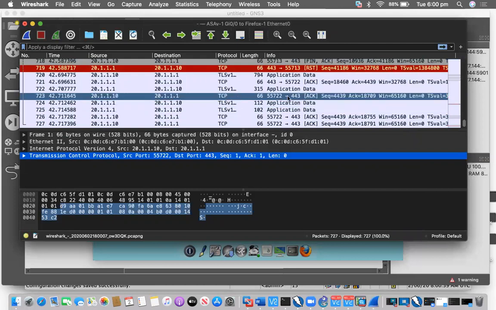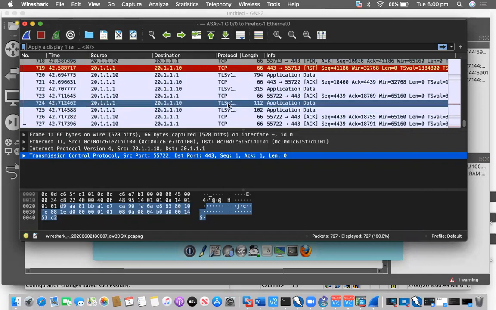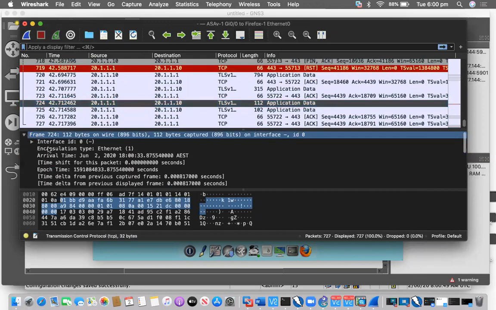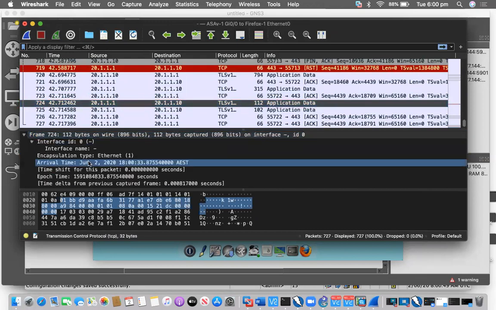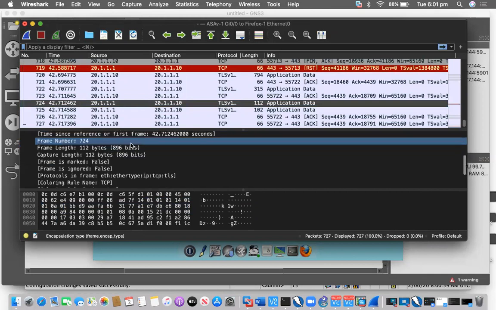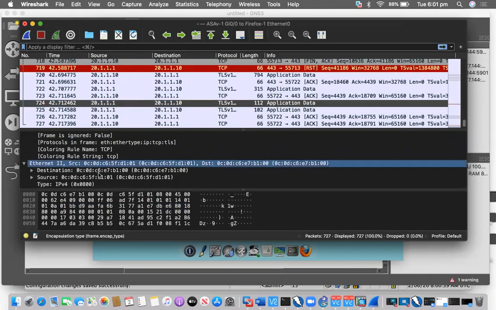Now here you can see that the traffic is not only TCP. TCP is only there whenever I am logging in, it's taking the acknowledgement and providing the details, that's all. But after that, the traffic is TLS. So when I click on frames, I will see if I am able to get any details here. When I click on frames, I am able to get Ethernet 1 as the interface of my client PC. And nothing with this one.